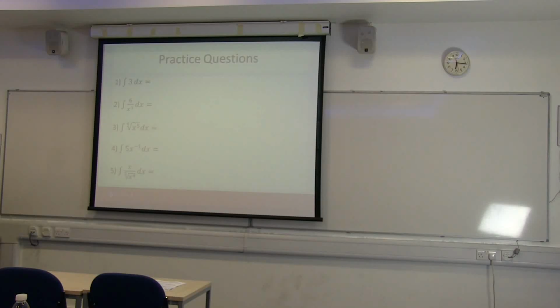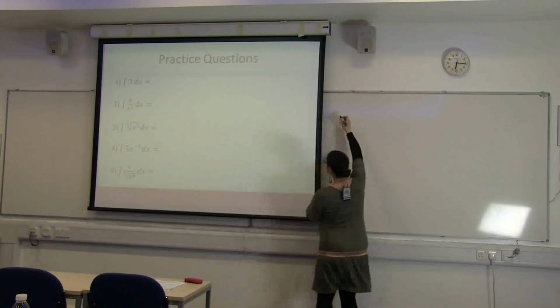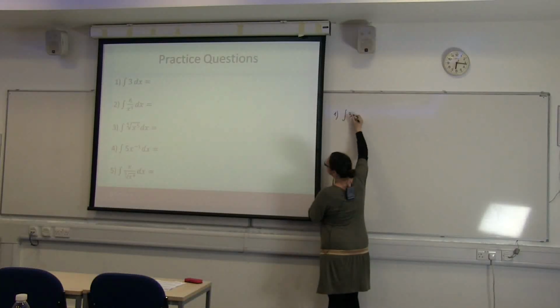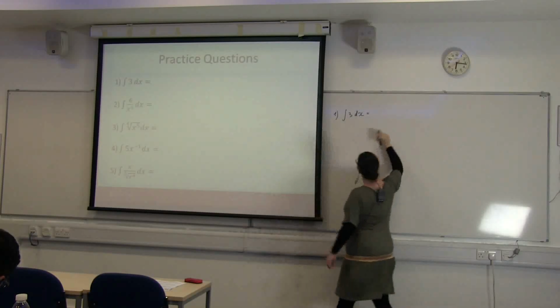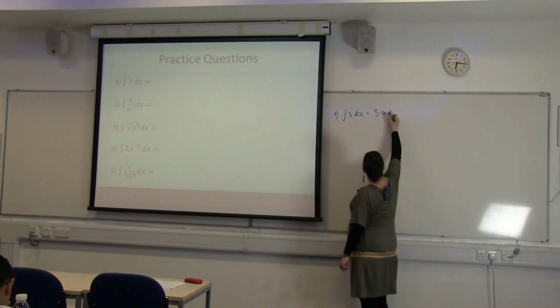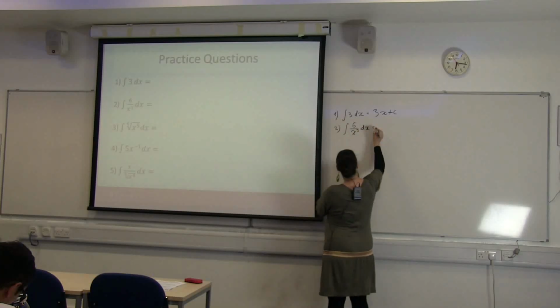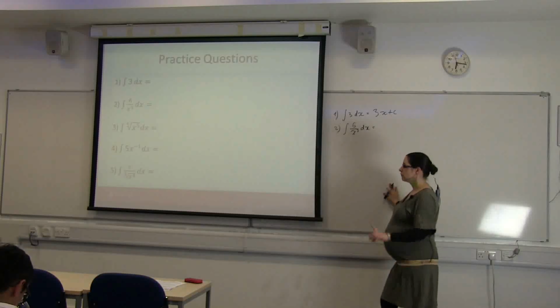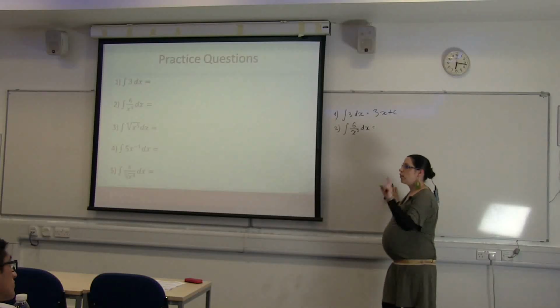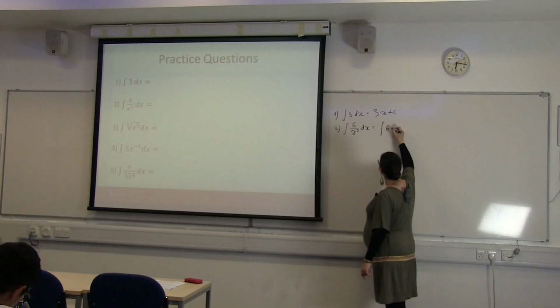Okay, so let's look at some examples. Okay, so tell me, what's the integral of this function? 3x. Yes, exactly, 3x plus c. Second example. ln x cubed? No, because ln is only for 1 over x. 6x then minus 3 then. Yeah, exactly, so I can bring this up and I can write this as 6 times x to the